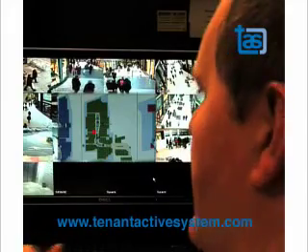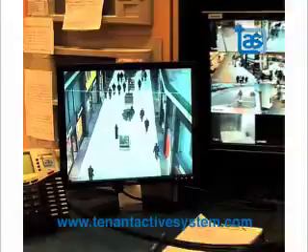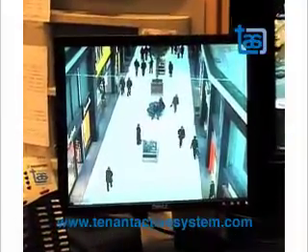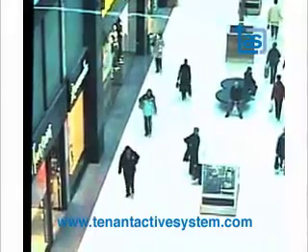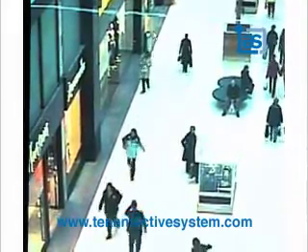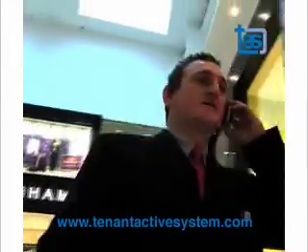Immediately, the specific location flashes on the screen, and the nature of the alert is also specified by the shop owner. With this information to hand, security can investigate the alert more closely via CCTV, and the closest security guard is contacted via TASphone. Armed with a specific location and physical description, the security guard is able to quickly apprehend